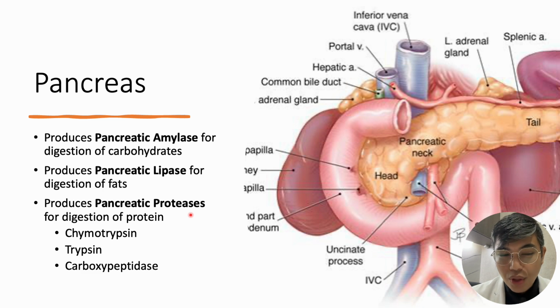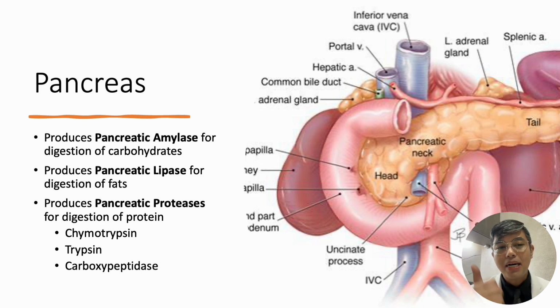So actually maraming proteases yan sa kay Marieb. But the major 3 would be your chymotrypsin, your trypsin, or carboxypeptidase. So as you can see here, the location of your pancreas is posterior to the stomach. So nasa likuran pa siya. So kailangan mo pang iangat yung stomach para makita mo ang iyong pancreas. Your pancreas has 3 parts. You have here the head, the neck, and the tail.